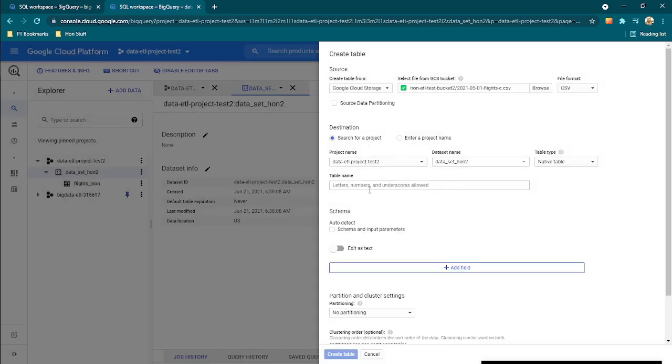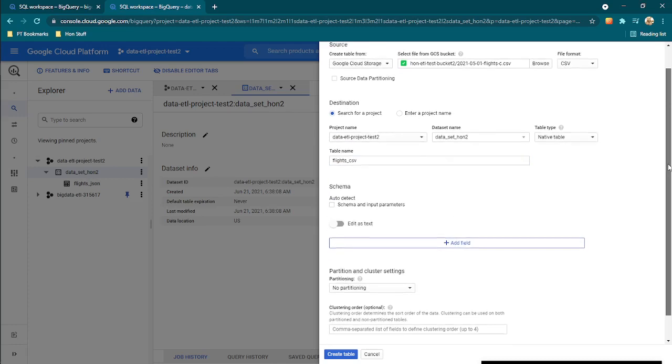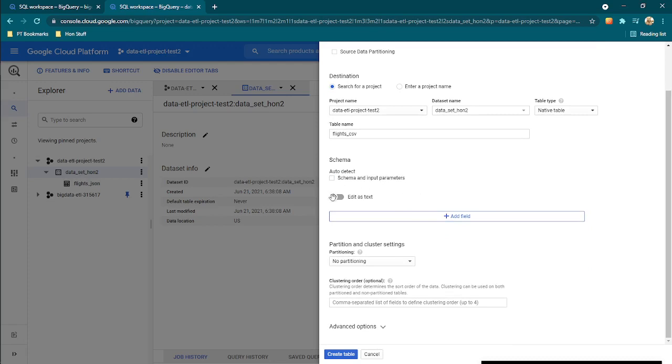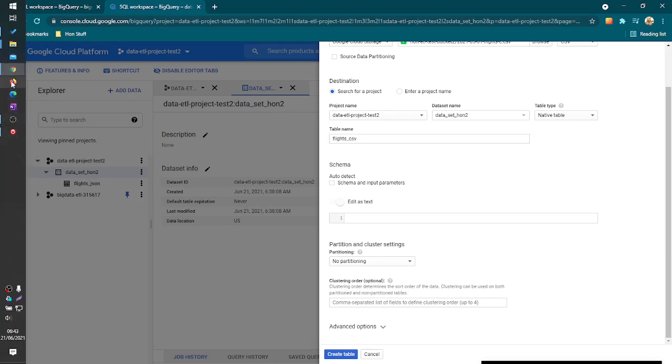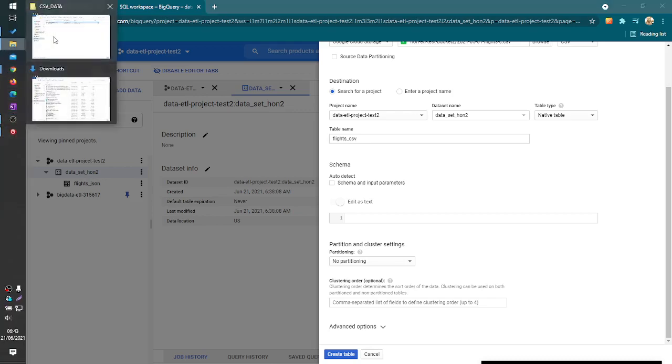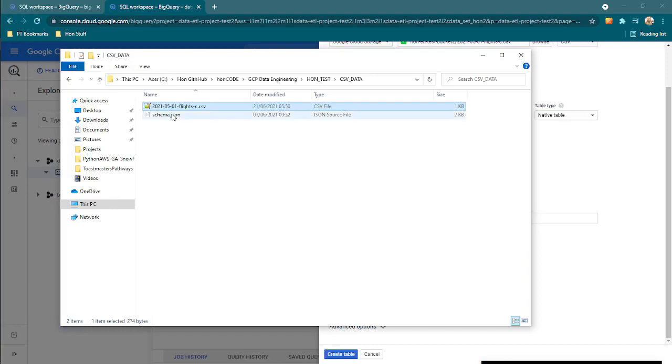then native table, and then give it a name. I'll call it flights CSV this time, but this time I won't auto detect. I'm going to uncheck that, make sure that's not checked. Then I'm going to edit the text. So inside here, I have to put this schema that's also in another file here. That is here. So inside here,